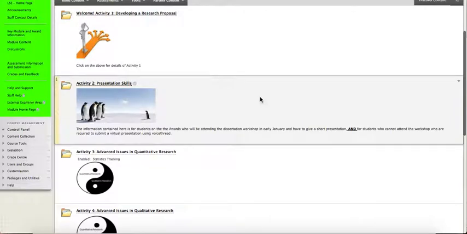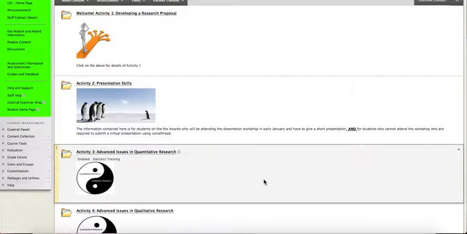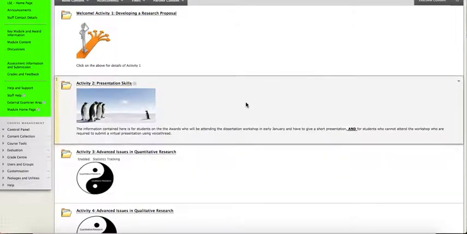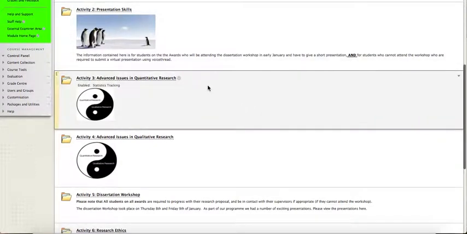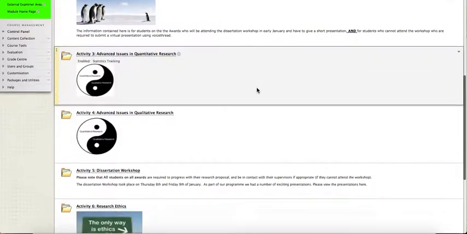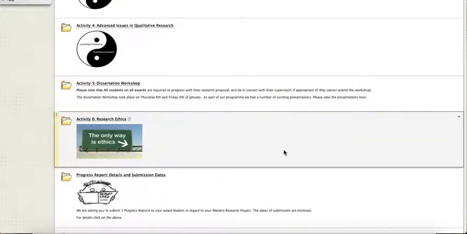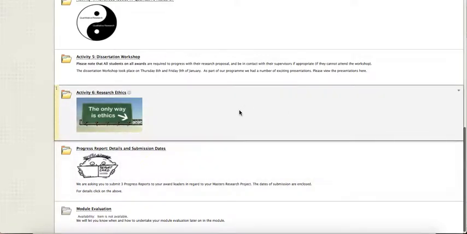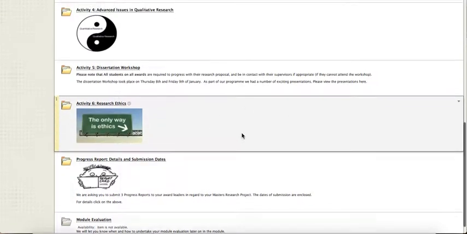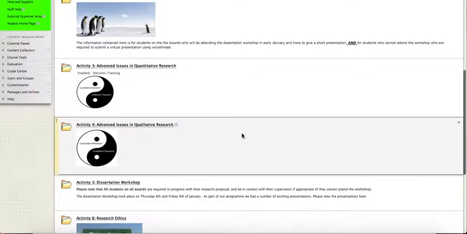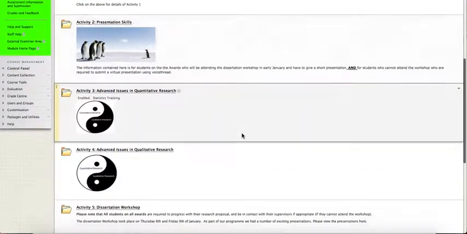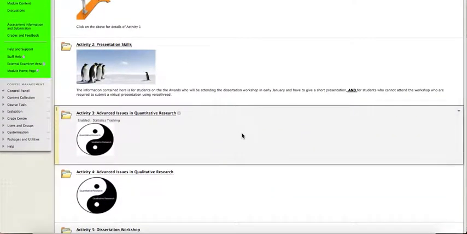We have some presentation skills guidelines for that 10-minute presentation we're asking you to give at the workshop coming soon. And then different advances in quantitative and qualitative research, to bring you up to speed with some of the more recent aspects. Then we'll include some detail around the workshop that you'll hopefully be able to attend, and then some important information about ethics. And this content will include some video content from me, and some audio content, some podcasts, and some documentation to guide you